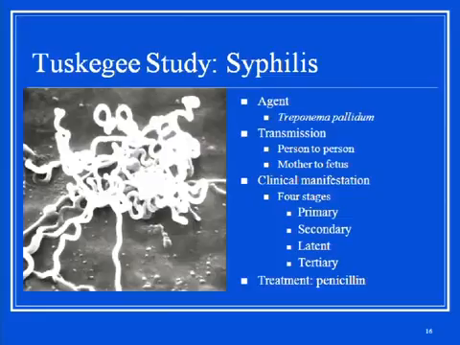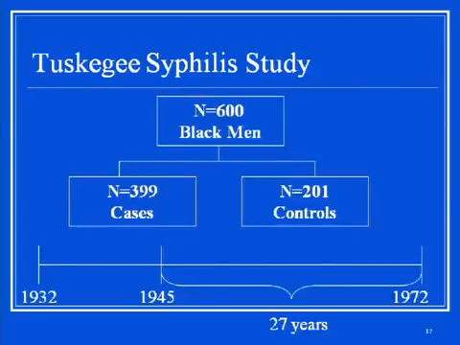And we don't have a problem with it today, but in 1932, we were conducting these experiments on black men. So there were 600 black men who were enrolled in the study. 399 of them were cases and 201 of them were controls. The Tuskegee syphilis study was supposed to be the prospective study to follow the Oslo study. There was a prior study that documented the manifestation of syphilis, but it was done retrospectively. These are the retrospective accounts of what happened in men, mostly white men, with syphilis. So this was supposed to be the prospective study to follow men over time as they develop syphilis and to look at the manifestation of syphilis.